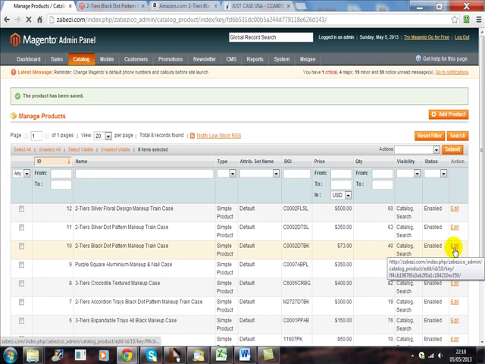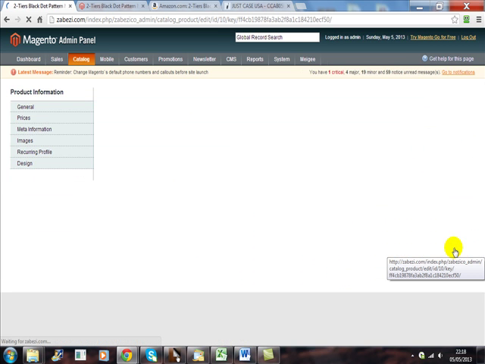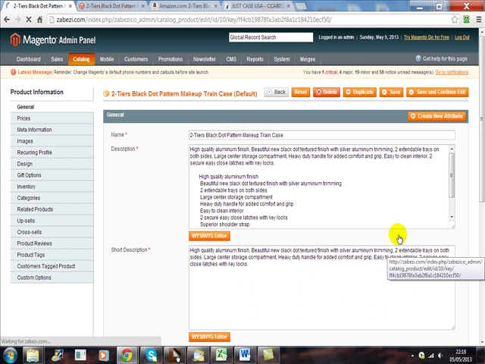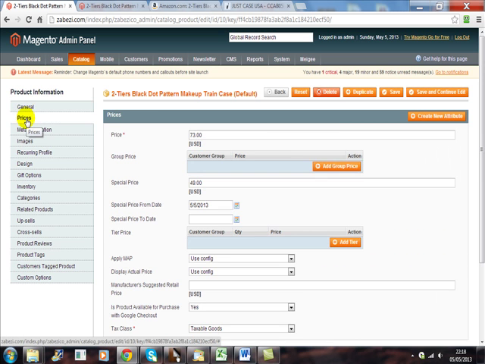We'll click edit, and again, once we're into the general, we then go to prices. Okay, so we'll just click on prices, and all we have to do just to remove the sale feature is just remove the special price. That's all we have to do. So we can click save again,